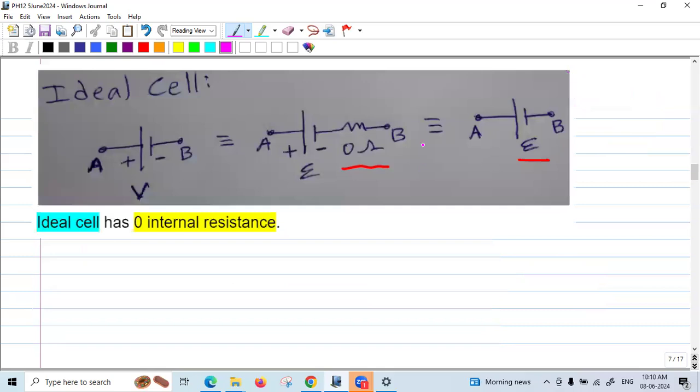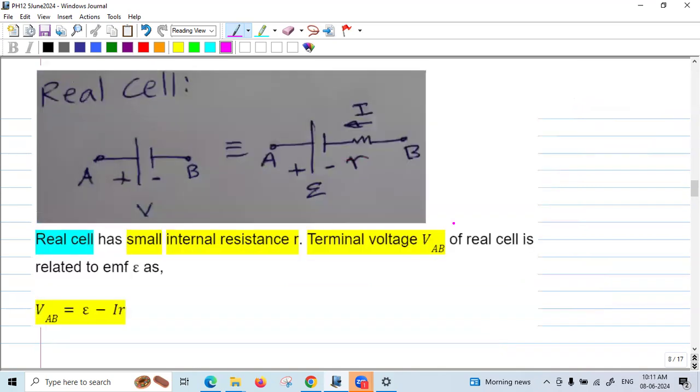An ideal cell will have zero resistance. Okay, bring these two terminals together, so this is 0 ohms. Since it's 0, I can remove it. So this is an ideal cell. But a realistic cell will have a small resistance, like these two, which are inside of the cell. When the current flows here, the potential here is not exactly V. Okay, so I can relate this. So basically now there are two